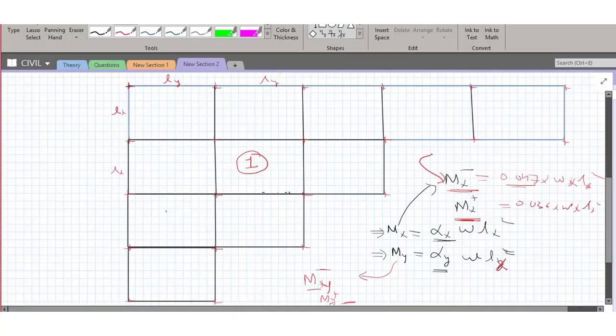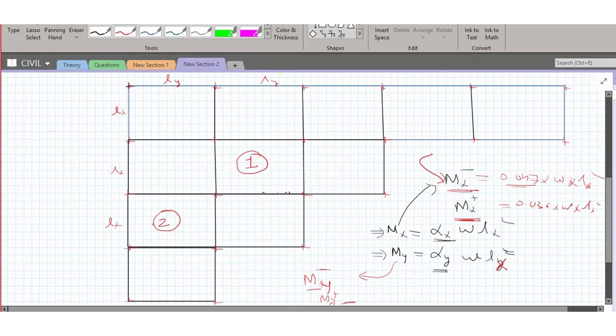So let us identify that panel here. The panel is one short edge discontinuous. Where can you find that? This one. This is case number 2. Here you can see one short edge discontinuous. So this is Lx, and this is discontinuous.